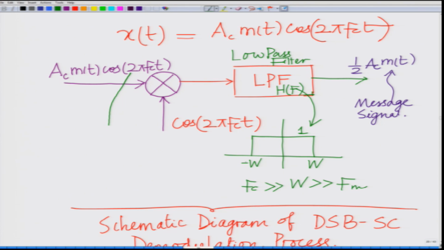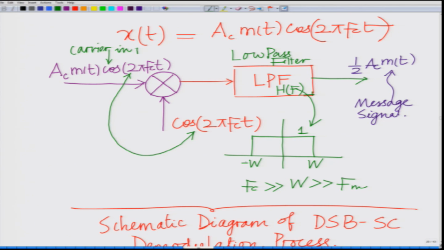What we have assumed is that these two cosine waves, that is the carrier of the incoming signal, A_c m(t) cosine 2 pi f_c t, and the carrier generated at the receiver,